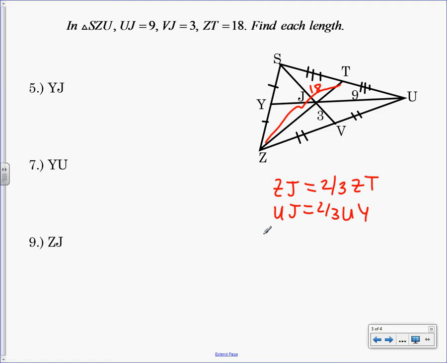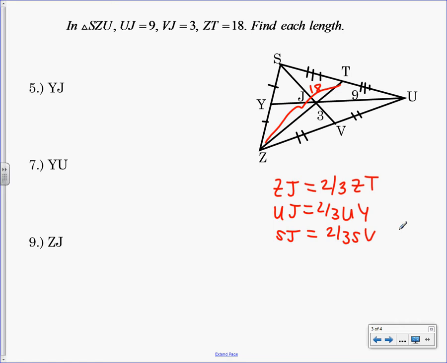UY. And then what's my third vertex? SJ equals 2/3 SV. Very good. Do you guys understand that because J was my centroid, I know those three things are true? I may need all of them. I may need only one of them. I don't know. But because this is the first question, I wanted to go ahead and put that